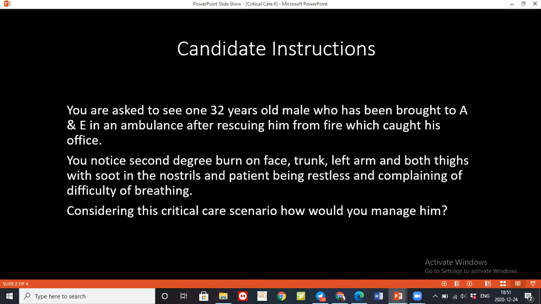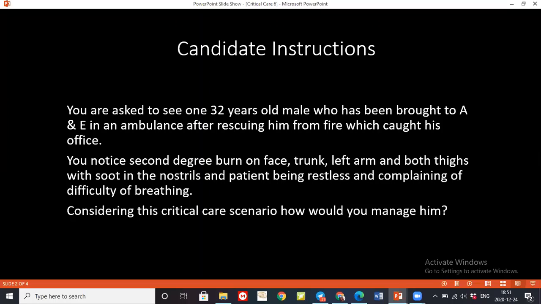I'll be involving the chest physiotherapist along with the chest medicine specialist and the internal medicine team, and I might have to involve the surgery team in case I have to do escharotomy in circumferential burns of the chest or limb. Maybe vascular or plastic? Yes, ma'am. Later on plastic might have to be involved.